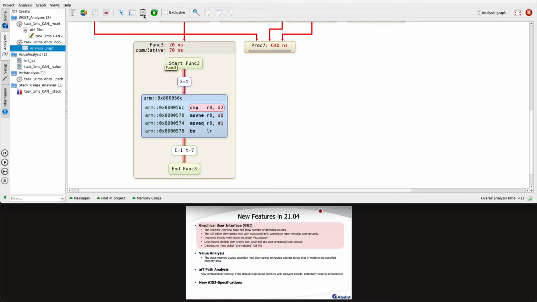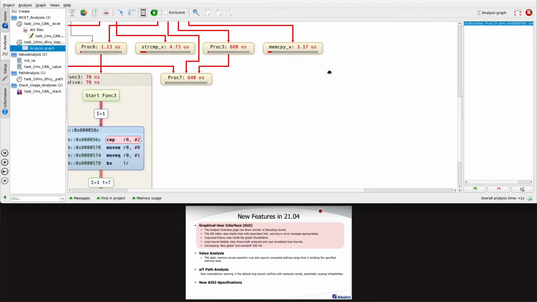You can do that by clicking here on this history symbol. Here we have introduced new navigation buttons to add history markers, to remove them again, and to clear the entire list of history points. So let me set a marker here and then switch to some other place in the